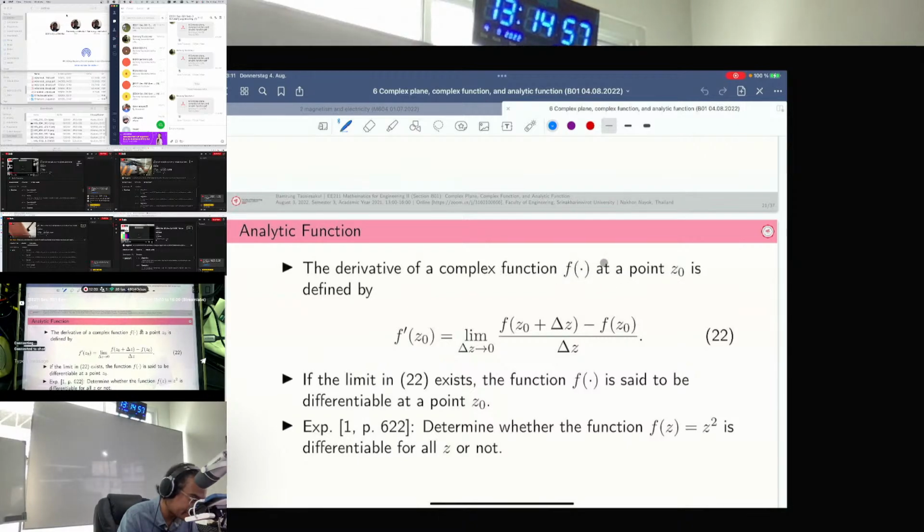This function is denoted by f and its derivative is denoted by prime. But the full name of that is d by dz, and we substitute z at 0, at point 0, is defined by this limit. It's quite similar to the derivative in the real case. They use exactly the same ratio as in the real case, but this is the complex case. What is the first term, the numerator? It is the difference of that function at point 0, where in the first term the argument inside is increased by delta z. Delta z is a small value and we are gonna take the